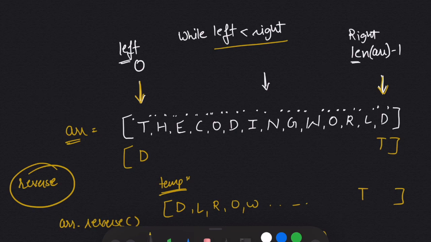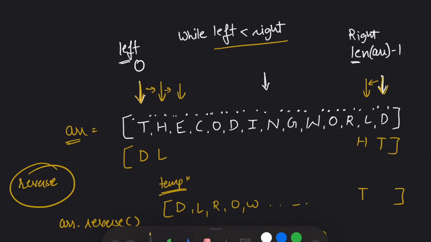Now I will move my left pointer to the right by 1 and I will move my right pointer to the left by 1. So now my left pointer will come here and my right pointer will come here. Now I will swap L and H. So L will come here and H will come here. Now again I will move my left pointer to the right and right pointer to the left.